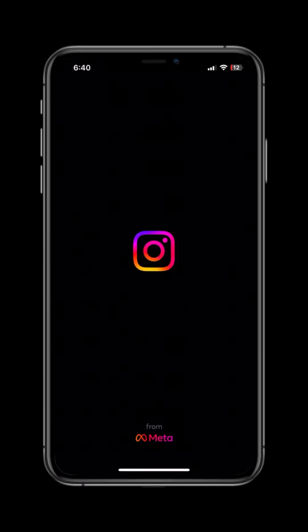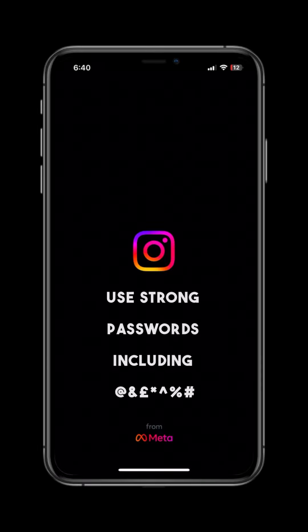Conclusion: now that you've recovered your account, let's talk about keeping it safe from future attacks. First, enable two-factor authentication. This is one of the most effective ways to protect your account. Make sure you regularly change your password and use a unique one for Instagram that you don't share with other